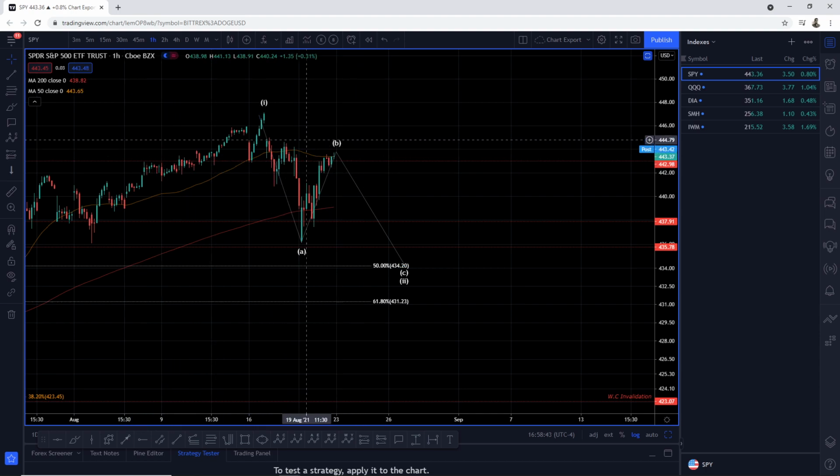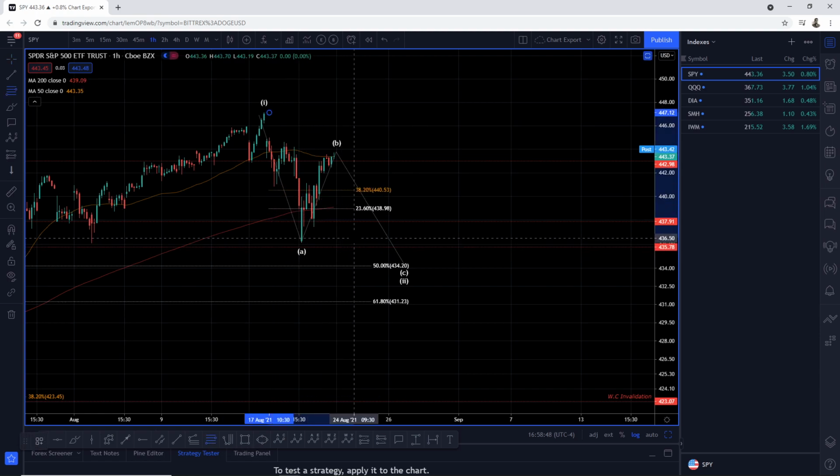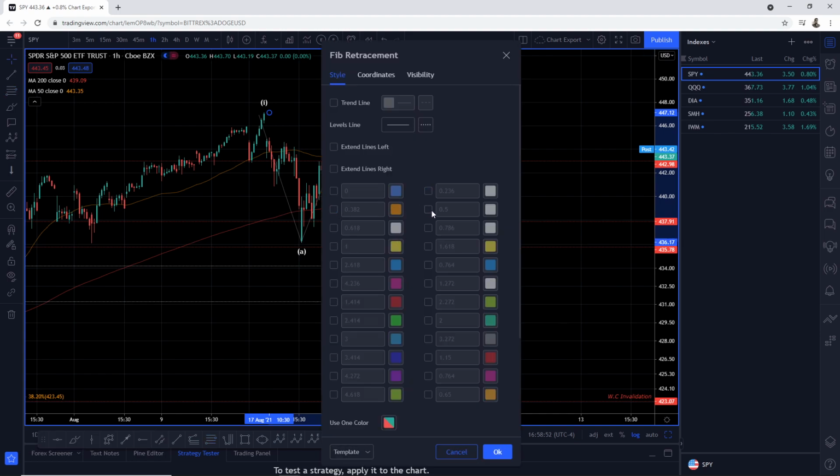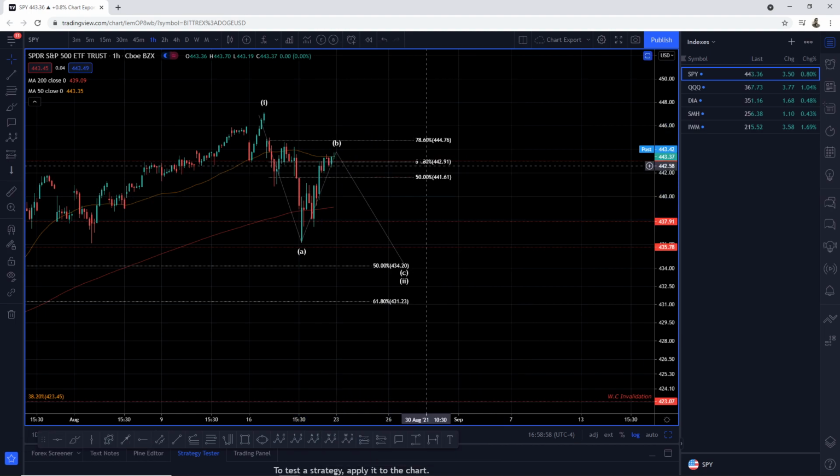Now let's take our fib extensions from the high to the low, and we're going to do some work here. We're going to turn on the 50, 618, and the 786, which are popular levels for a wave B pullback. As you can see here, the 618 and the 786 are acting as resistance. We're sandwiched between those two zones, or actually below the 50-day simple moving average. We are below the resistance lines here.